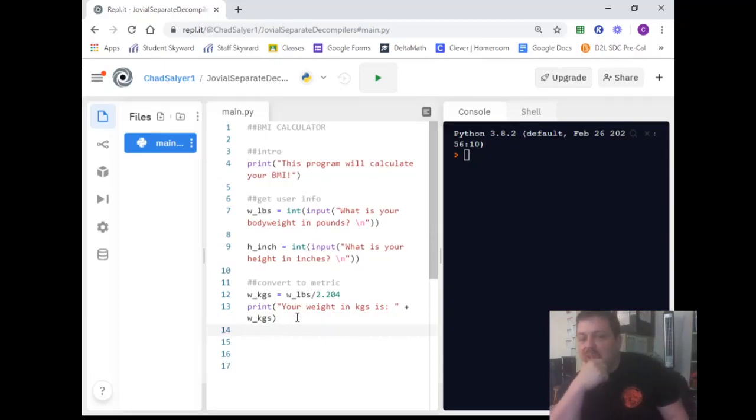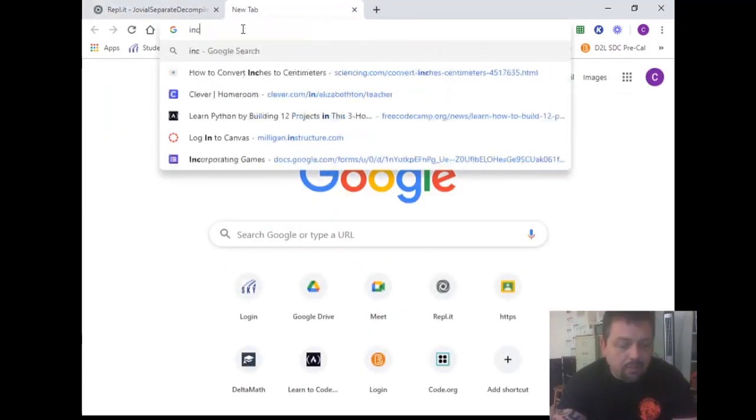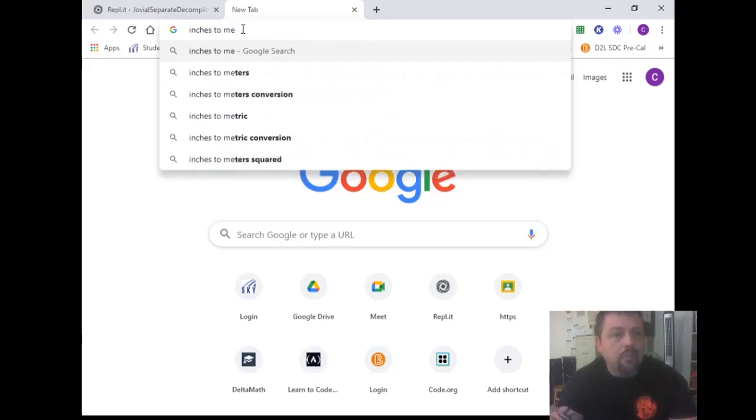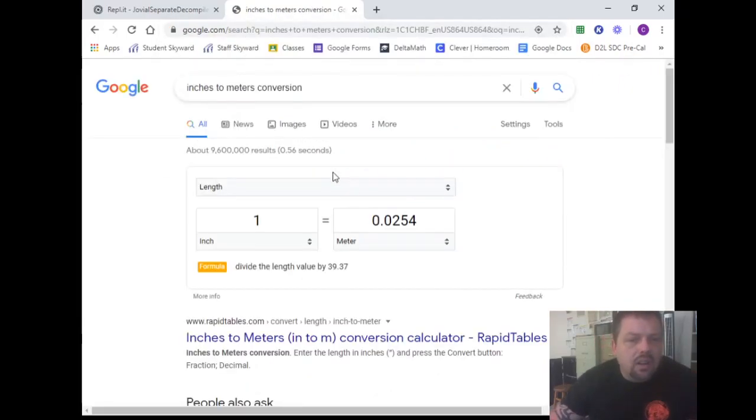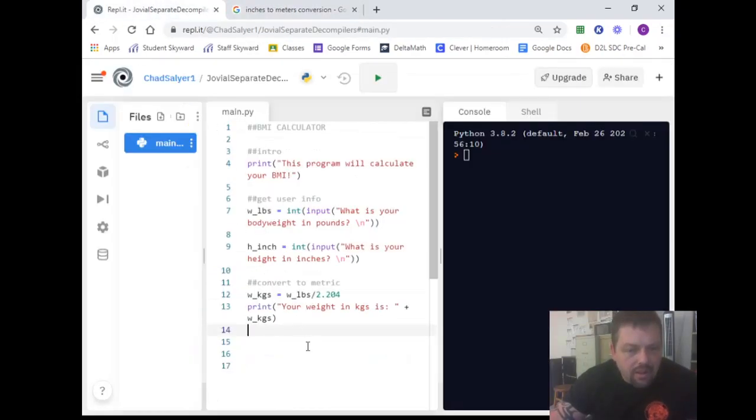And then height, we need to convert this to meters. So I don't off the top of my head know the conversion factor from inches to meters, but let's look it up. Okay, so it's 0.0254. So we got the height in inches. Well, actually, let's do it this way.